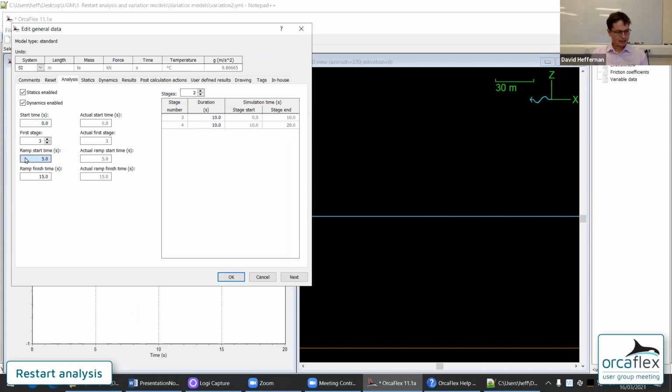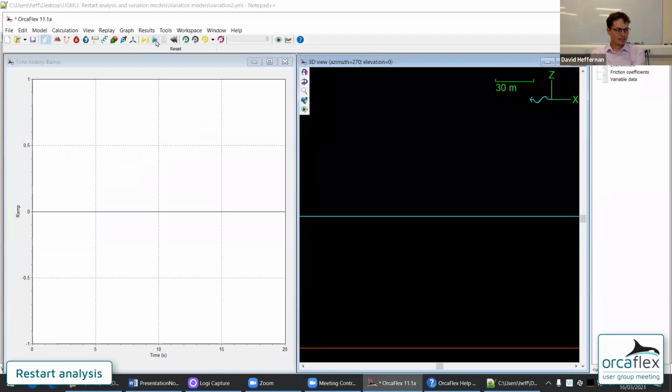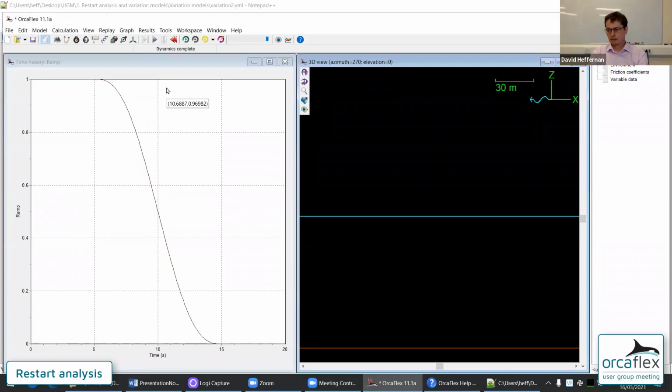And the way you do it may be a little bit quirky the first time you see it, but I think it's quite a neat way of solving the problem. You would just arrange that the ramp finish time is before the ramp start time, which sounds a bit odd, but it just turns out to be a neat way to have a simulation where the ramp ramps down rather than ramping up. Okay, I think I've said everything that needed to be said on that, and now I can start talking about some restarts.